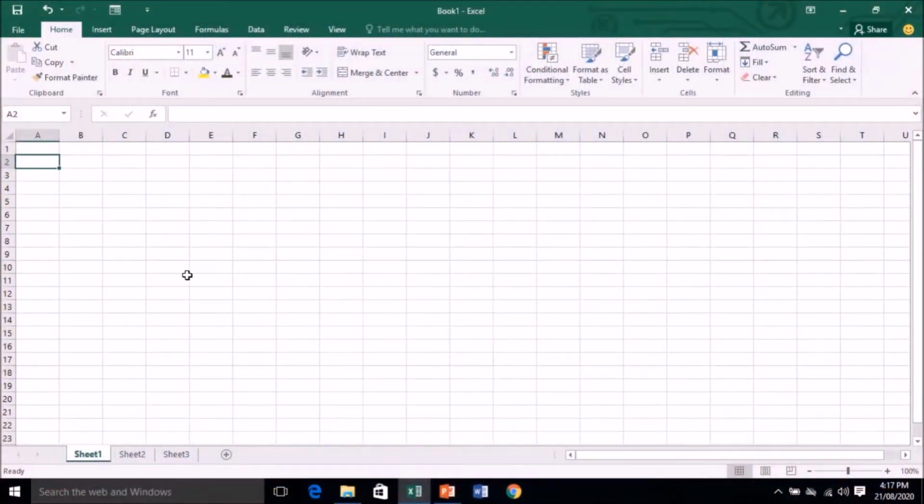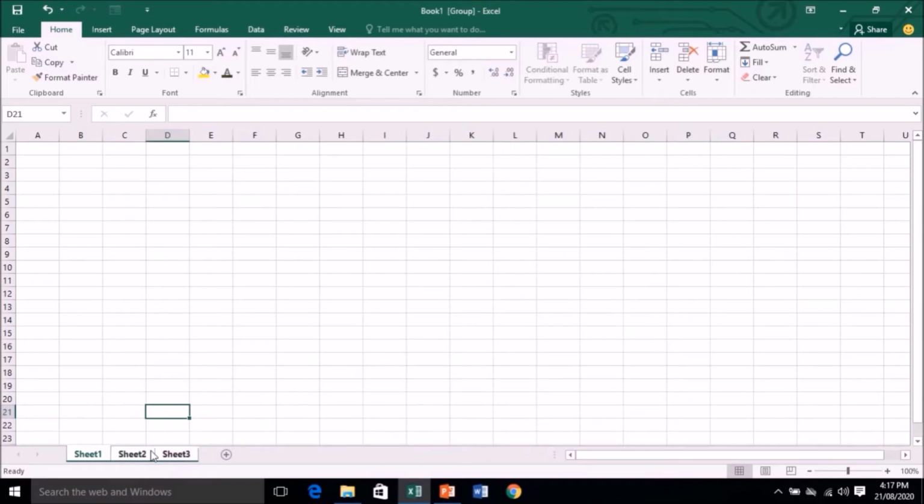Let's understand this with the help of an example. Here we have sheet 1, sheet 2 and sheet 3. What we will do is first click on sheet 1 and press the Shift key on the keyboard. After pressing the Shift key, we'll click on sheet 3. The moment we click on sheet 3, you can see that all 3 sheets have been selected. Let's try it again. We'll click on sheet 1, press the Shift key, and click on sheet 3 now. So all 3 are selected.